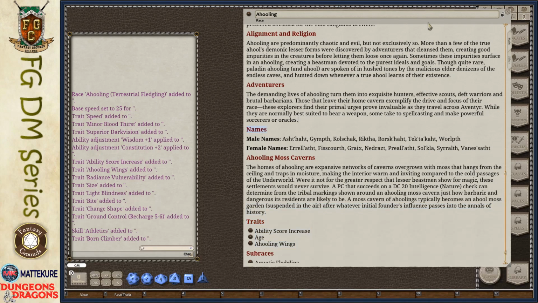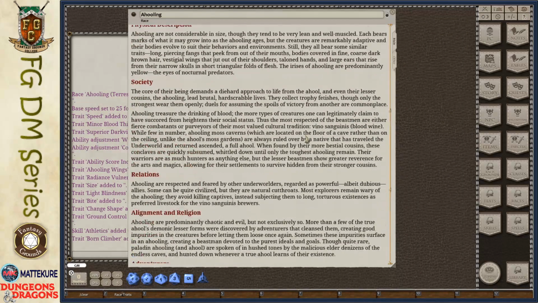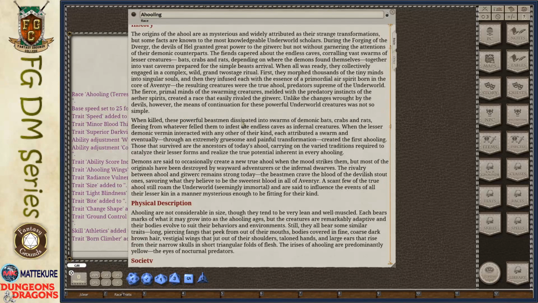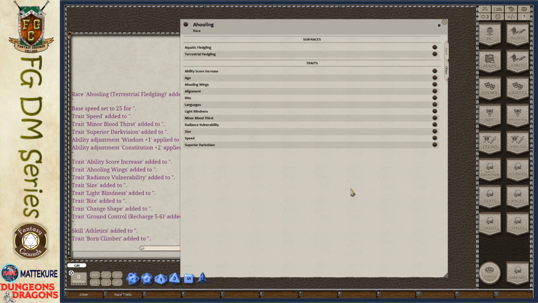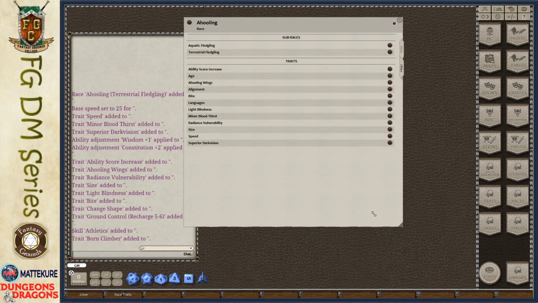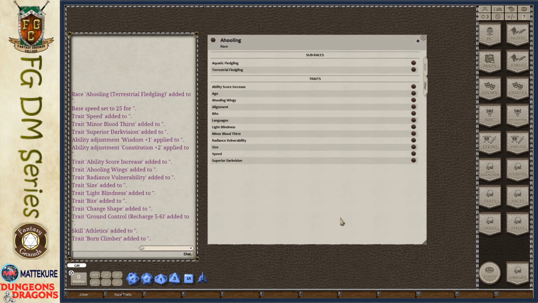All right, and that's all there is to making a race and adding it in. You can also include things like pictures if you want, by linking to them if you have pictures of the race that you want to demonstrate. And then players will be able to use your new race as long as you share it with them, or if you export it into a module and mark it as available to the players.